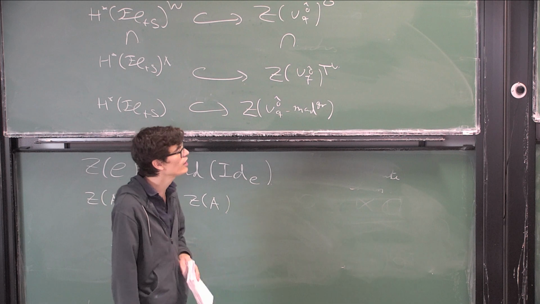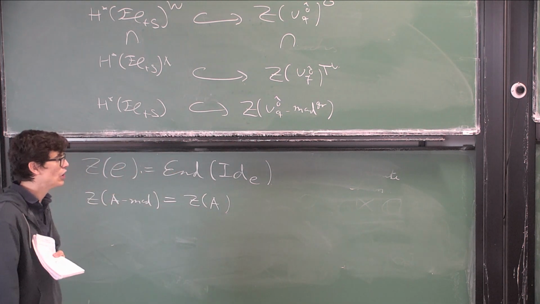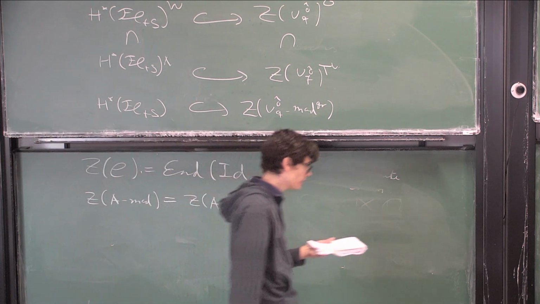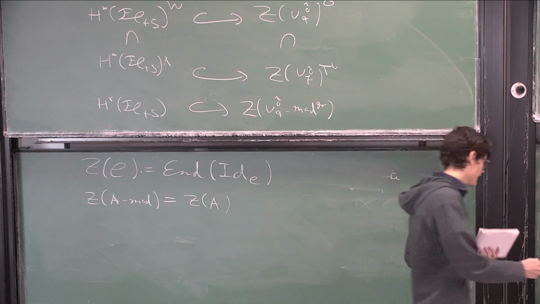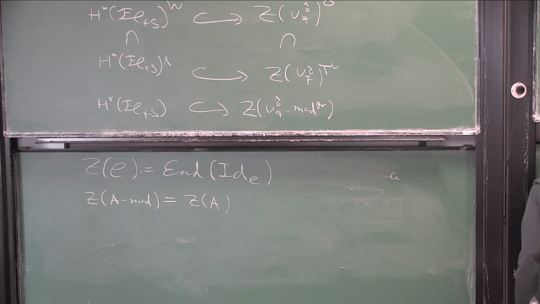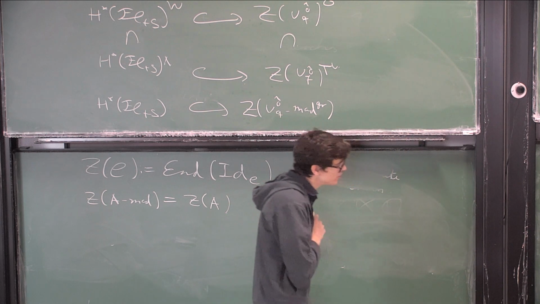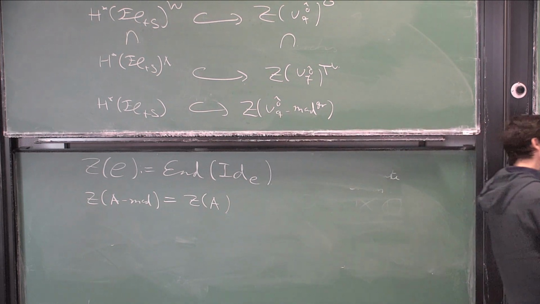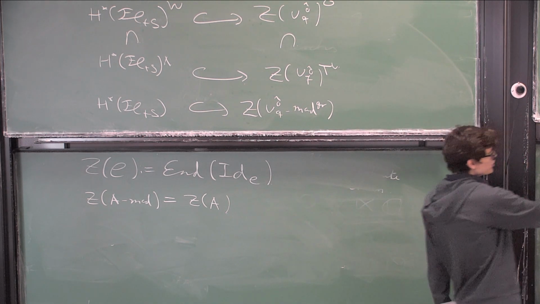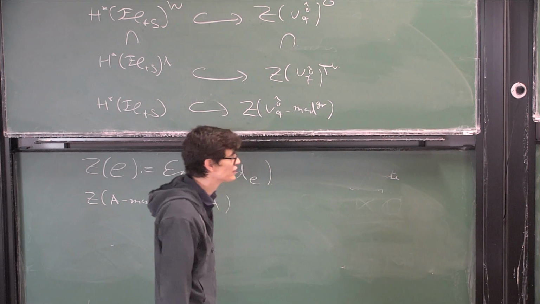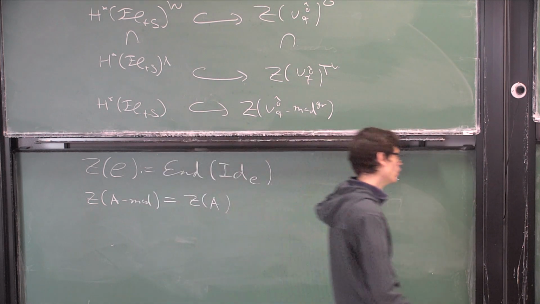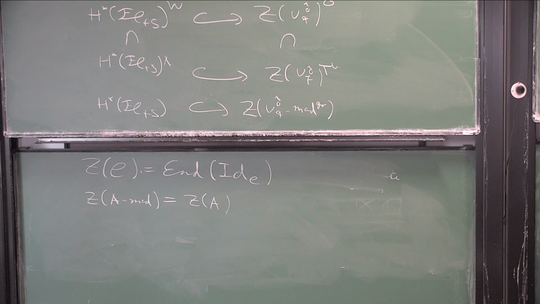But we have that it's faithful on this part of the center, and from this, working a little bit more, we know that the center injects into the endomorphism of this object, and working a little bit more, we can construct some injective map